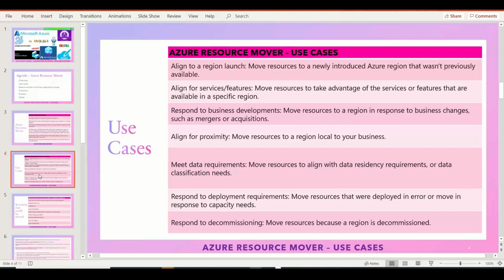So there will be a lot of changes that might be happening to respond to business requirement or business development. And we might also have a lot of different services and features newly getting added to a particular region. Earlier, that feature or functionality might not be available in that region. So we might have migrated the resource to a particular region earlier. Since now the feature or the functionalities is now available in the closest region, we can move the resources to